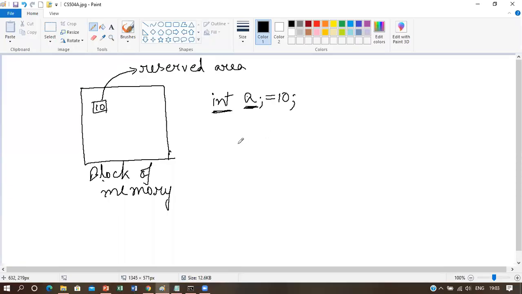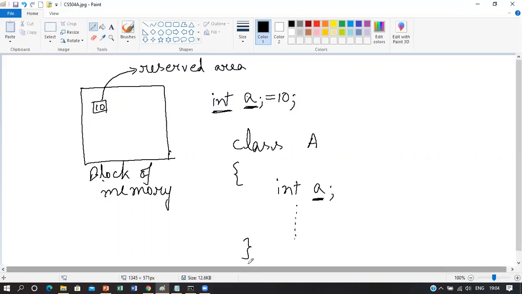So, let us understand what this actually means. Suppose we have taken a class named as class A. So if we declare a variable here, then this A is an instance variable because this A variable is declared directly inside a class. That's why this A is an instance variable, but you cannot write the static keyword before it if it is an instance variable. Now after that, the body of the class is written and the program is completed, suppose.